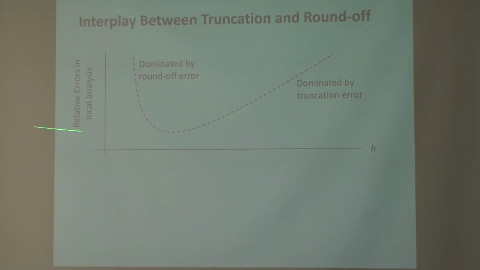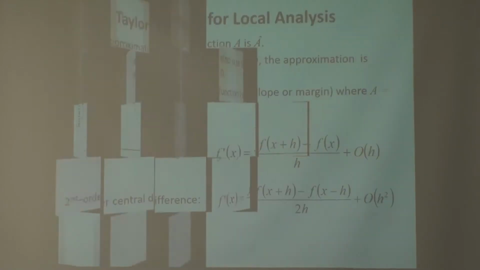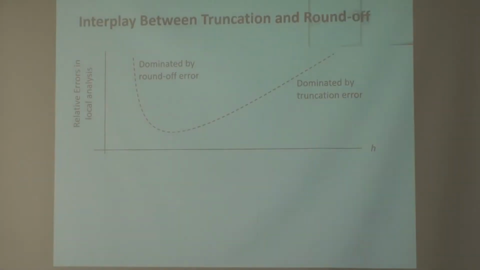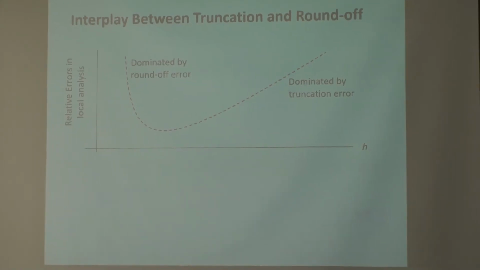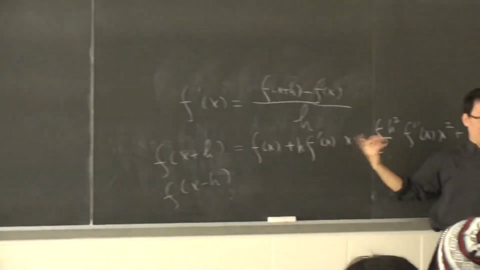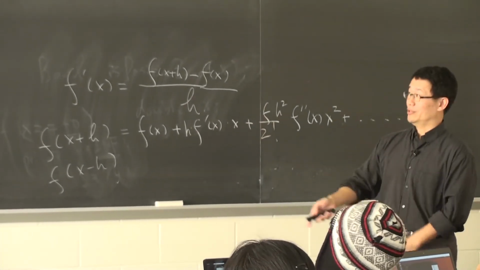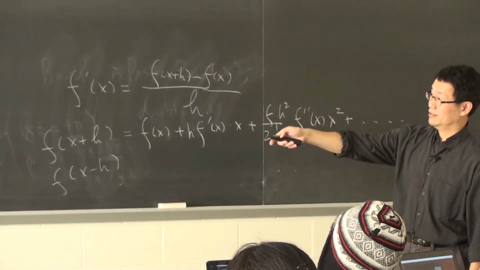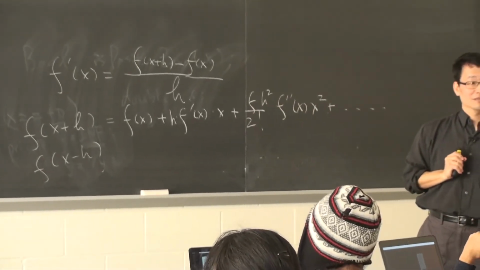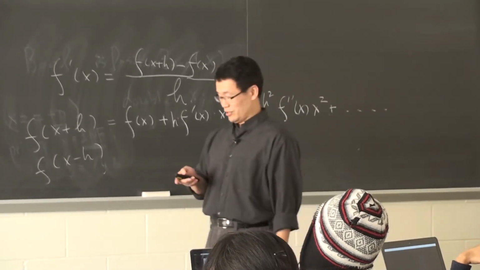But you know the behavior is like this, even for a simple expression like this. Your approximation gets better when you get a smaller h, because the error is on the order of h squared, right? So this is understandable. Because when these two numbers get too close, you're losing precision. When you lose precision, the error becomes bigger, right? So the function is just like this, right? Some hesitation on your face.